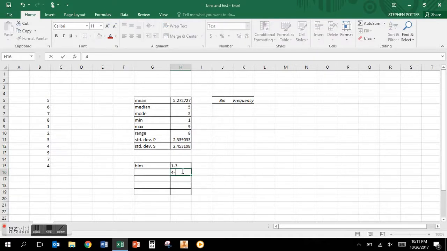Our next bin is going to hold all the numbers between 4 and 6. And our last bin is going to hold all the numbers between 7 and 9. So we're going to have 3 bins, and we'll put the frequency of how many numbers we have in each of those bins. So we're going to put the same thing over here. We're going to put bins 1 through 3,